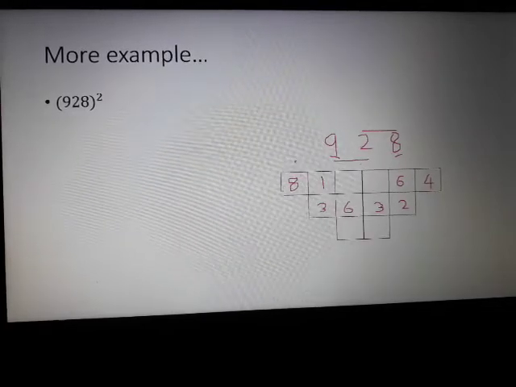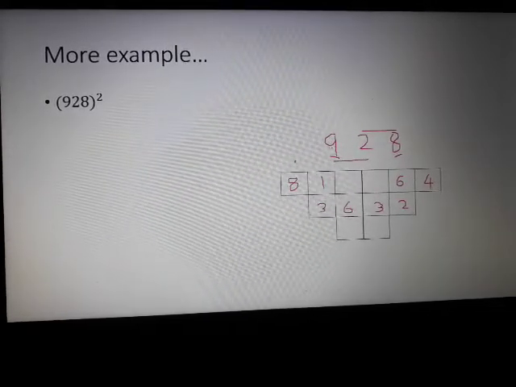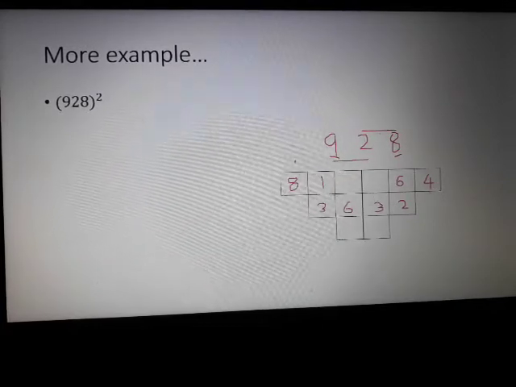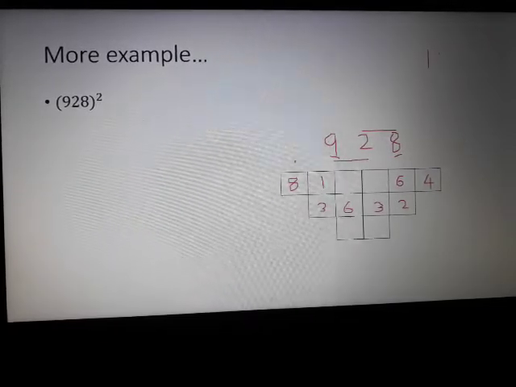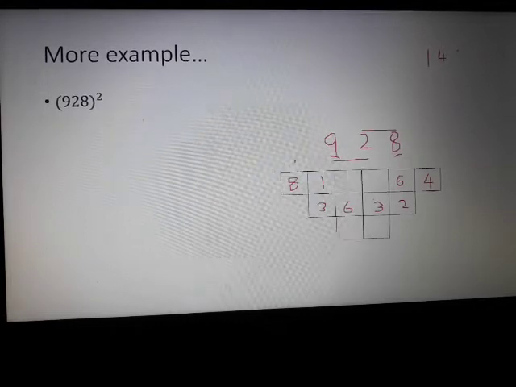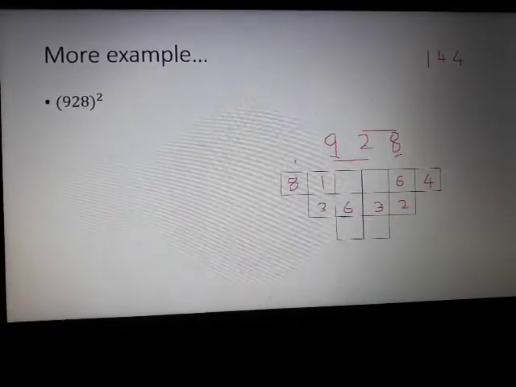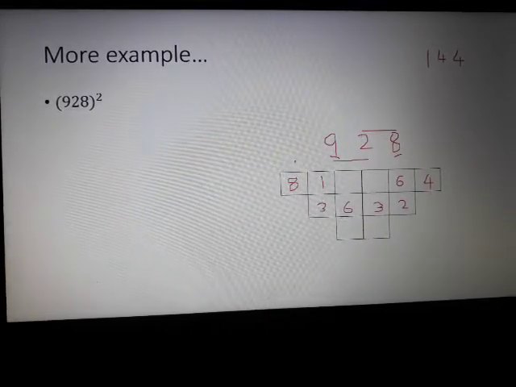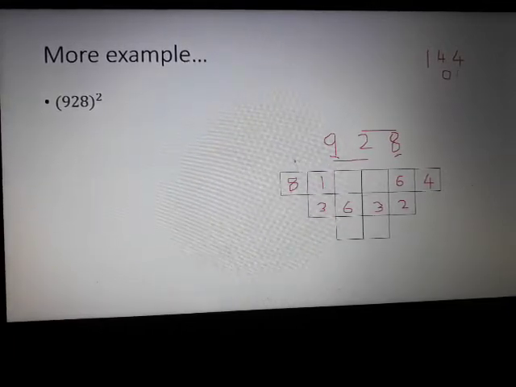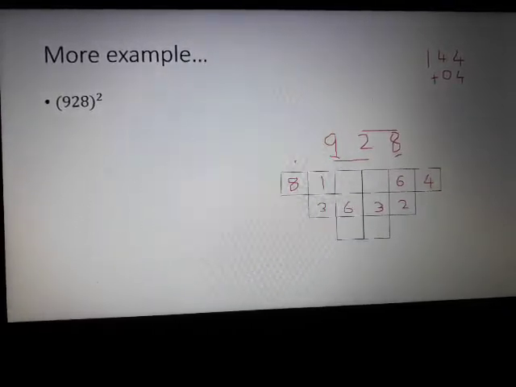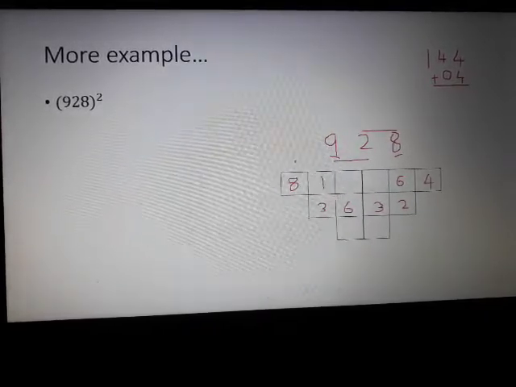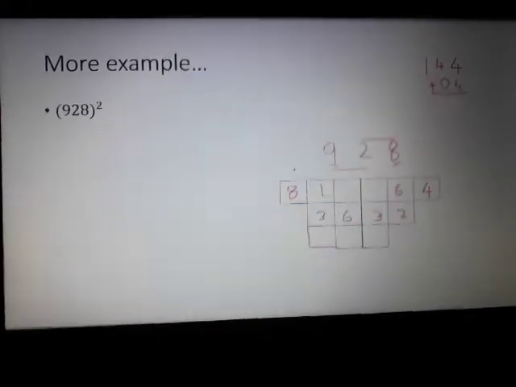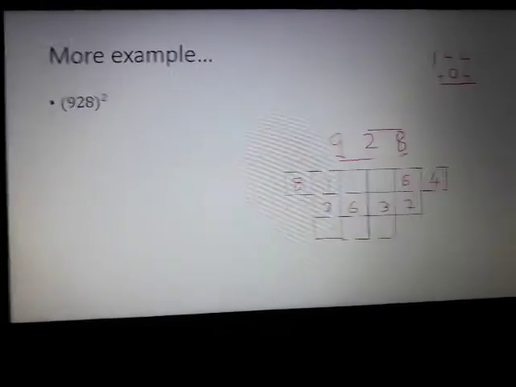Now take all the three digits. Multiply 2 with the product of the first and the last digit. So over here we have 9 and 8. The product of 9 and 8 is 72. Multiply 72 with 2. We have 144. Now take the square of the middle digit. 2 square is 4. Add the both numbers. So we have 148. But we have only two boxes. So to accommodate the third number, draw an additional box to the left and write the result 148.